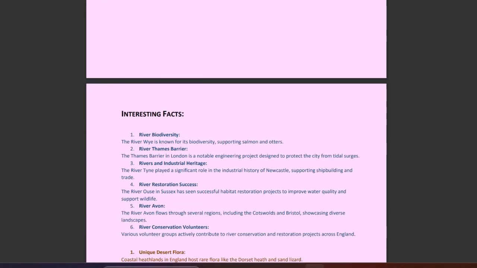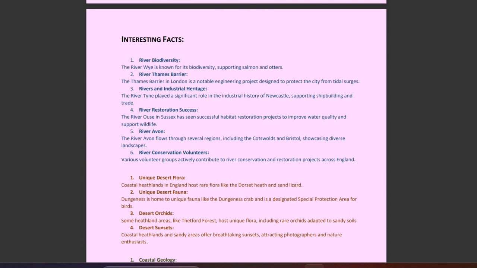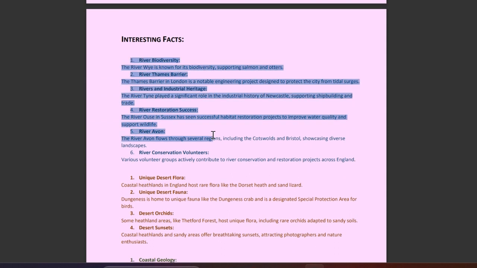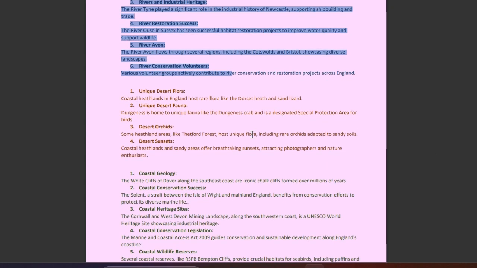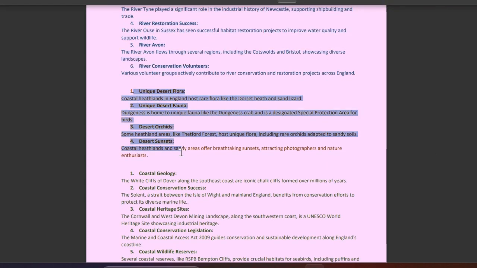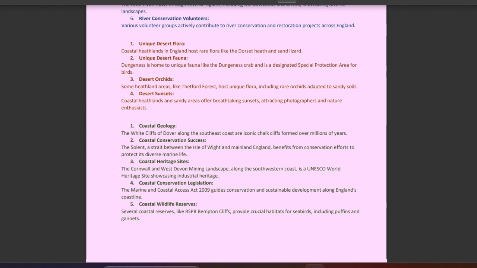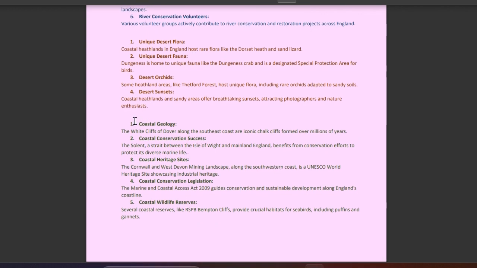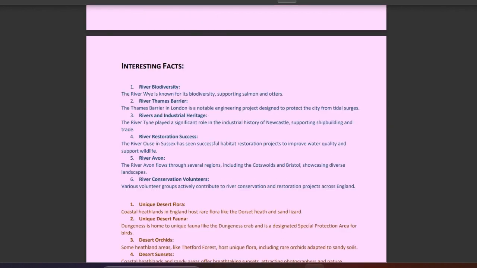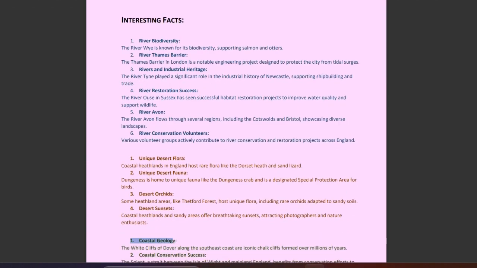Last, we have some interesting facts. In blue, we have interesting facts about rivers. Brown, we have interesting facts about the desert, especially Dungeness. And in green, we have interesting facts about coasts. For example,